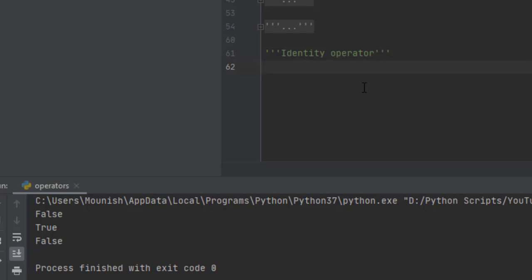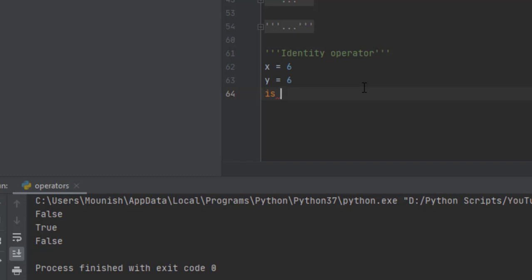It is identifying whether, suppose I'll give you an example, x is and y is, I'll take 6 to show it as true, then I'll take some other value to show it as false. One of the identity operators is 'is'.